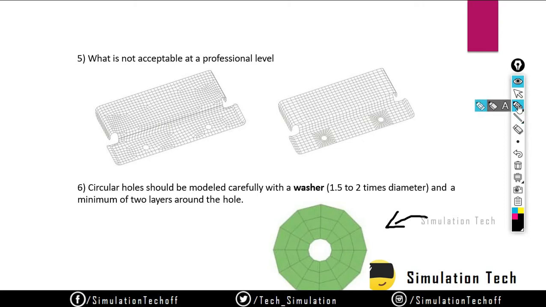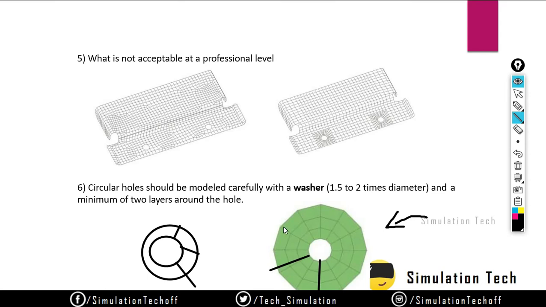So if you have a hole like that, maybe a circle, I have another circle. So this is our washer structure, but it should be in a concentric manner. After that you can split it into a quad like this. See, here I have split this into quad elements.